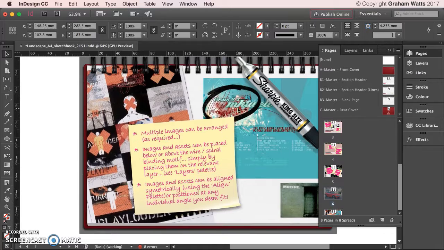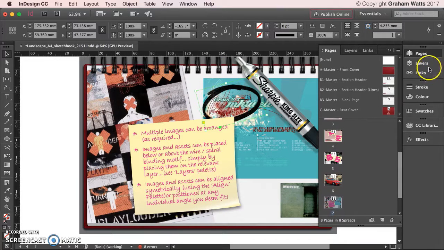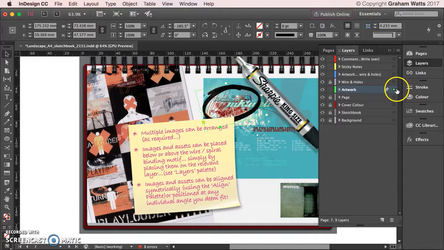So this is just reminding you, you can have multiple objects. In this case, we have got a little bit of commenting on here. So I can move that onto the comments layer. So I've drawn like a marker pen effect